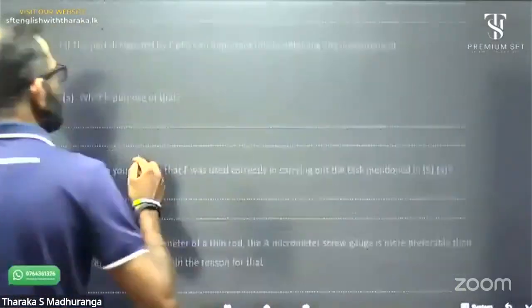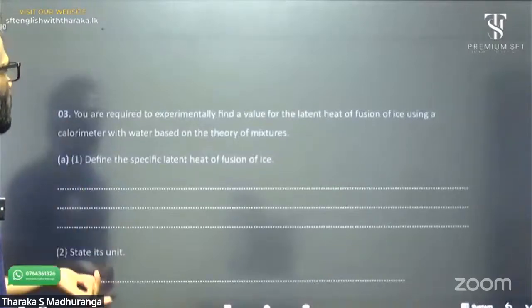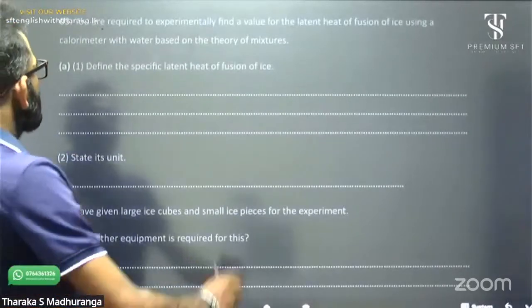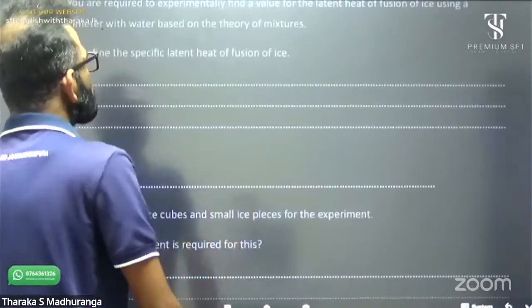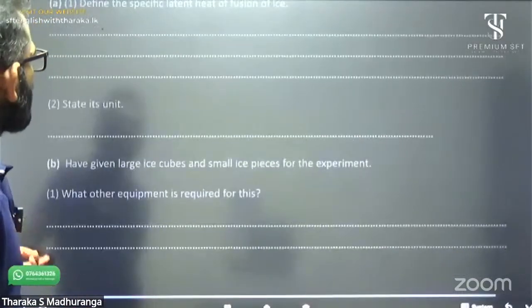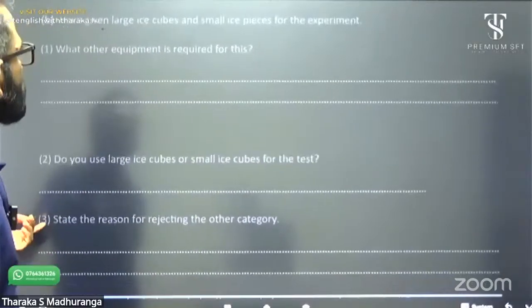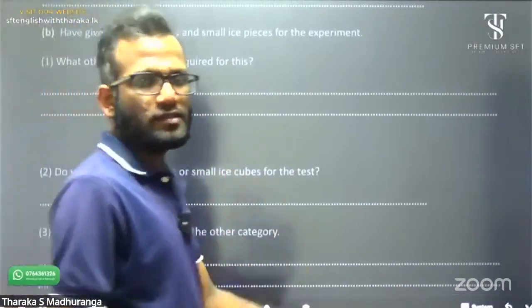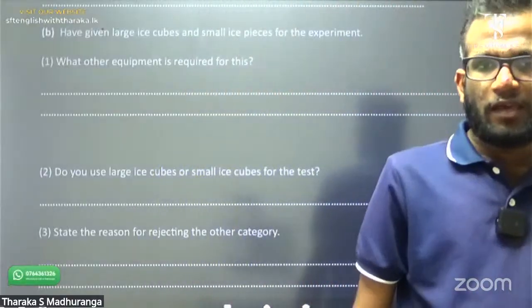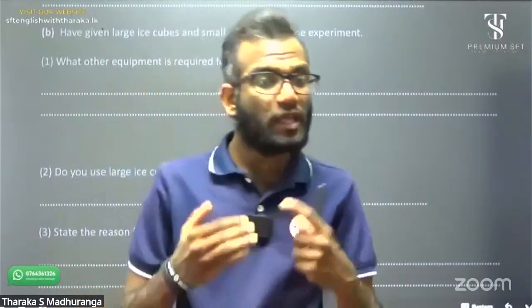How about the third structured question? The third structured question is: define the specific latent heat of fusion of ice. State its units. Now it is asking about the experiment, but still you don't